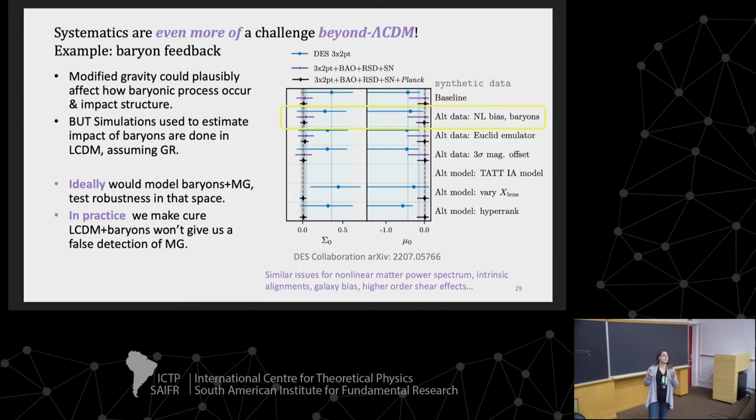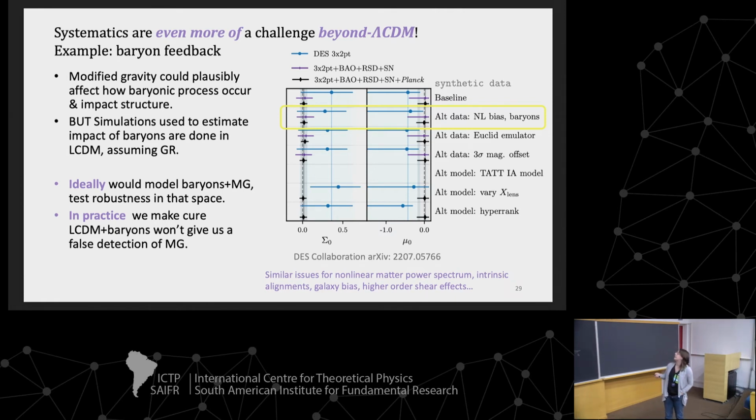And so in practice, for our year 3 analysis, and I think what's probably going to need to be the case, at least in the near future, for a lot of analyses like this, the thing we can fairly robustly say is that if the data is lambda CDM with a systematic that we're not modeling, here baryons being an example, then we won't get a false detection of modified gravity when it's not there. If we find a detection of modified gravity, there's still some theoretical uncertainty in terms of disentangling these effects. But this is what we in practice do for our analysis for modified gravity